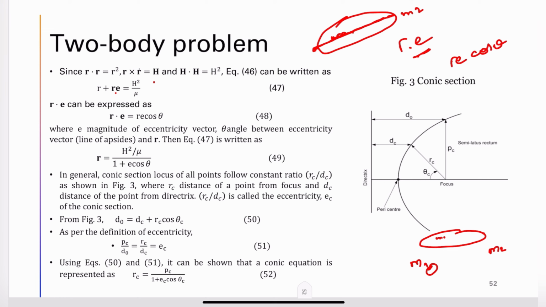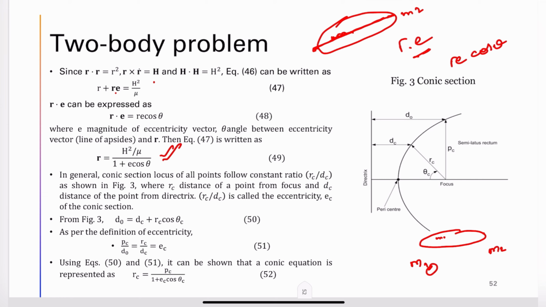So theta is the angle between the eccentricity vector, that is the line of apsides, and r, it is the angle between this and the vector r, and it is given by the expression. Then equation 47 can be rewritten as this. Okay. So in general, the conic section, that is the cross section of the cone, is the locus of all